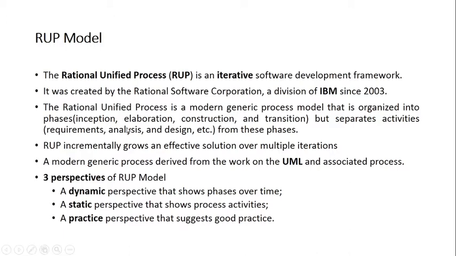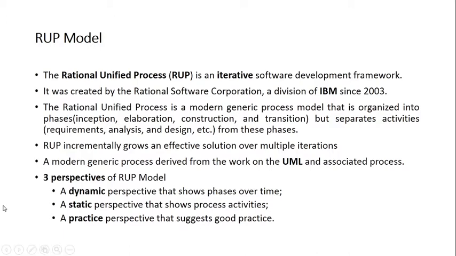Apart from this, in the RUP model we have phases and we have workflows. Two things are there. In the previous models, we have seen the phases only, but here we have two distinct activities. The first one is phases. It has 4 phases. Along with this, it has 9 workflows. Workflows are the activities of software development, and these two are different. Phases are different while workflows are different. Now we'll see how the working is carried out in the RUP model.